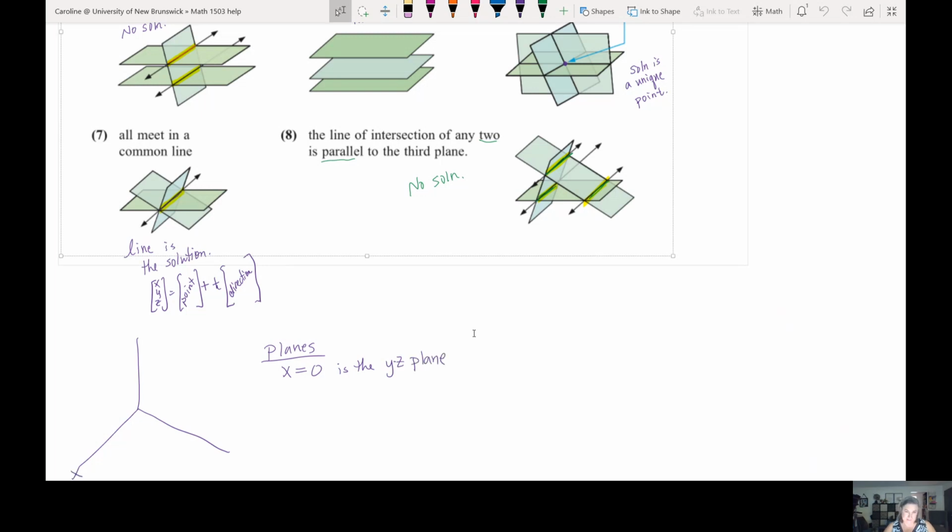So if we have x, y, and z, then x equals 0. This are negative x go in this direction, negative y, negative z. And so these are the positive x values. But if we're saying x is 0, that's right here. And where we would actually see that is this plane. So it goes through